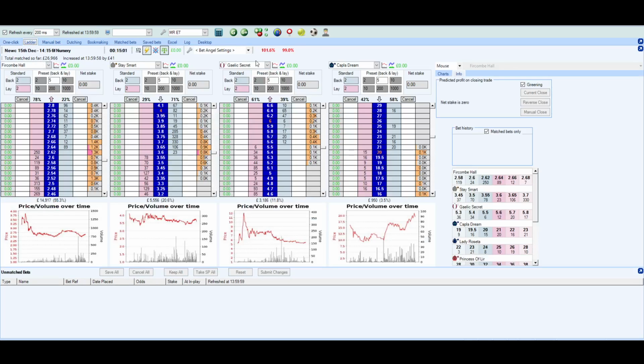26 grand match, 15 minutes off, 101 book. These are decent enough trading conditions. Favorite at 2s. Come in, consolidate a bit, pulled away, come back, now attacking those previous lows and finding support. It's got a pullback. Second favorite, I mean, overall bearish on this. Found lower highs, lower lows. It's pulled back potentially to attack these lows again, but just need to let that settle a bit more, because that is